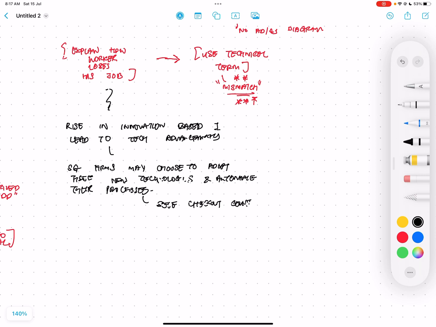Okay, let me just check something. My pencil is fine. When you use self checkout counters or maybe online reservation systems, then previously the workers who were for example cashiers, or in charge of the reservation system, over time you'll need less and less of them. What's great about automation is that it reduces human error. That's why firms like to use it, and it reduces the reliance on manual labor. Automation equals reduce human